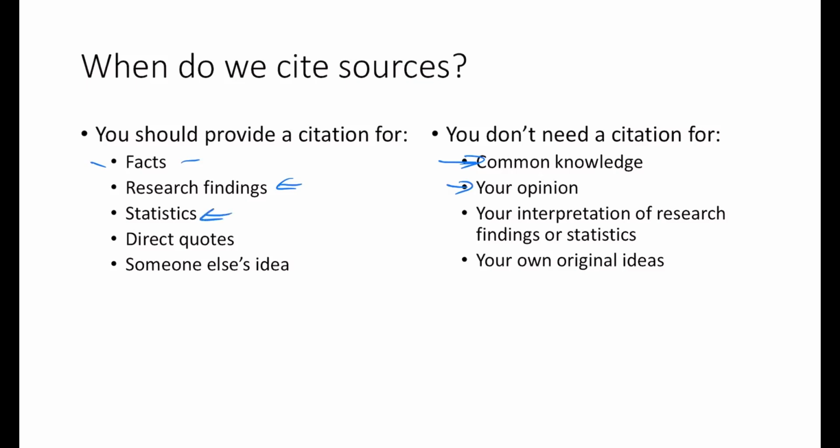Now, if it's a statistic, like saying that 99% of people who eat chocolate will have a heart attack, which is not true, if I say something like that, I need to say where I got that statistic from. So if I say how many people have this disease out of the population, or what percent of people are going to have a certain complication, I need to be able to cite where it came from.